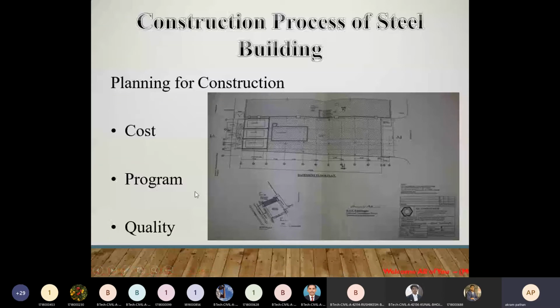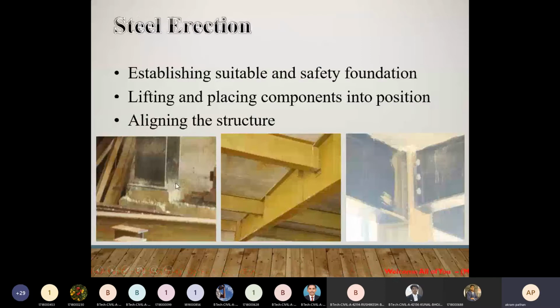Then program means we also use the software for design purpose for the steel construction buildings, and then another important parameter we should keep in our mind, that is the quality. Okay, so these are the three key indicators we keep in our mind in case of the steel constructions also. Then the steel erections,